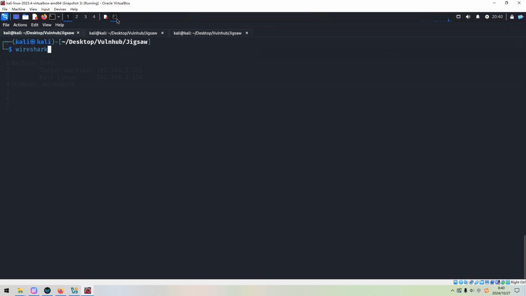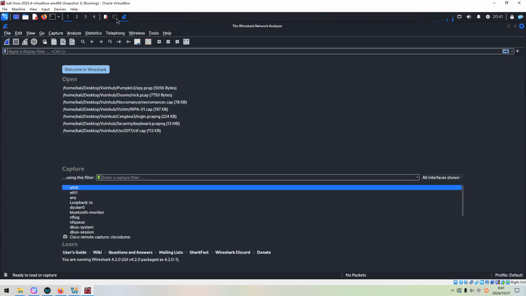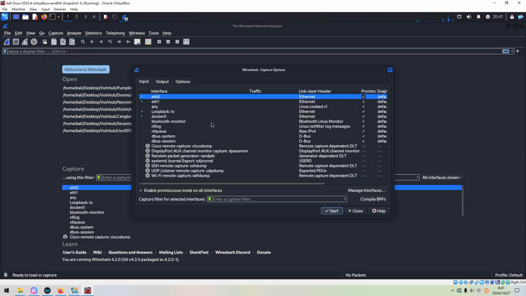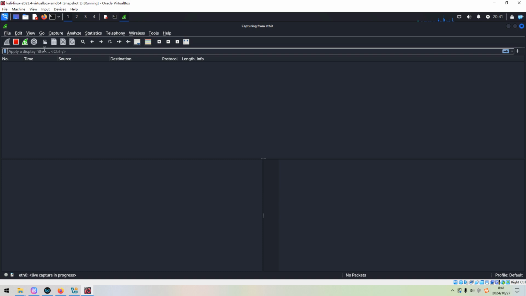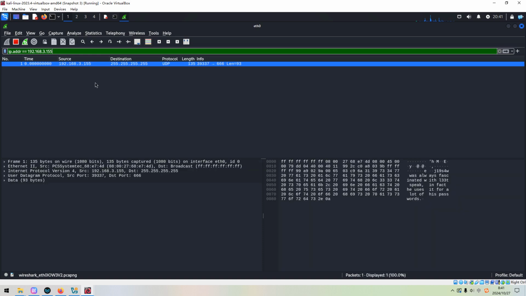Okay, so now let's fire up Wireshark to capture the traffic. And we can select the interface to capture. And also we can filter out the target machine. Press enter. And we need to wait for a moment to see whether we can get something from the target machine.